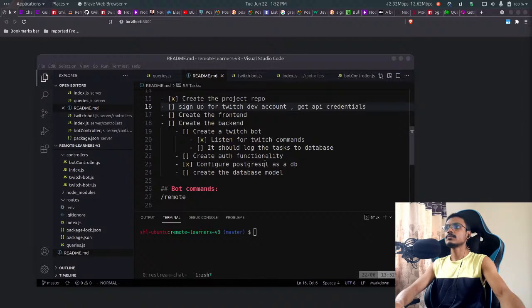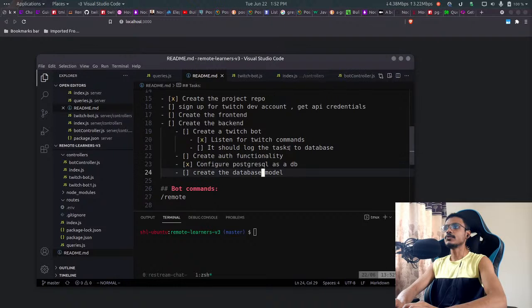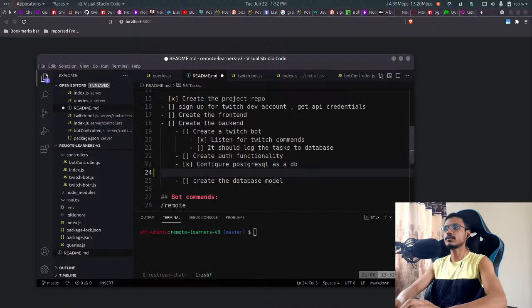Okay, so let's write the task for today. You know what we need to do. So, configure PostgreSQL as a DB. That's what we did already, but today I want to use Sqlize. I don't know if this is the correct spelling or not. I think this is not a correct spelling. Yeah, it's all right. So